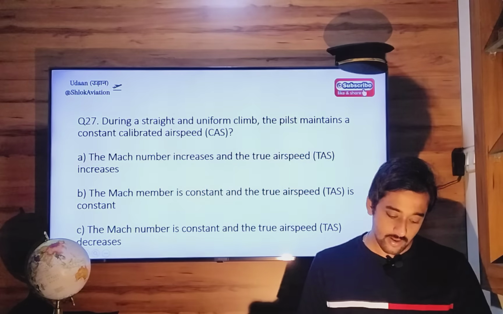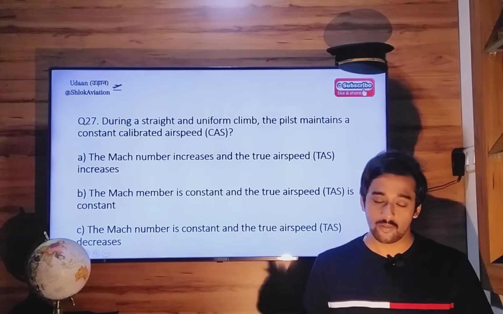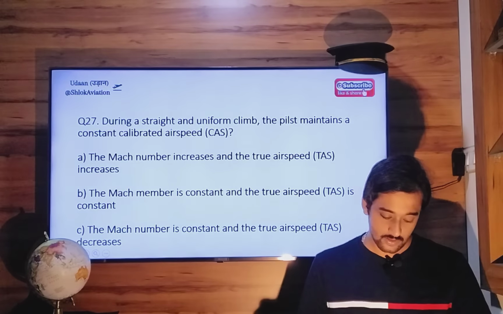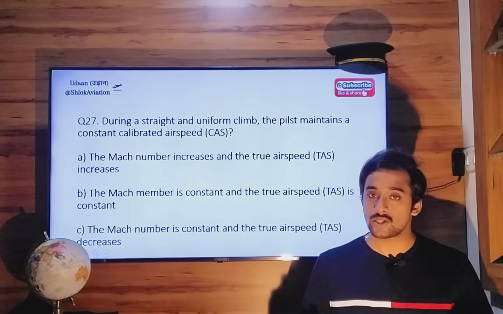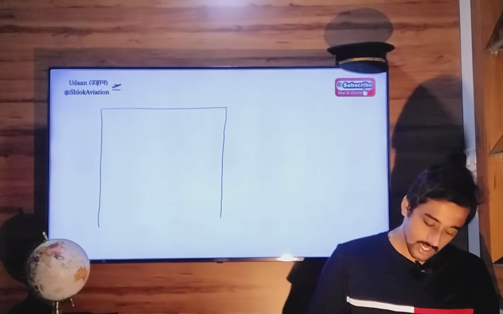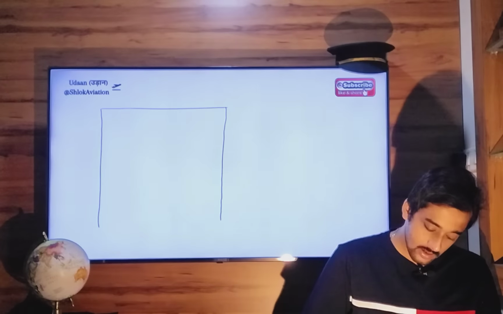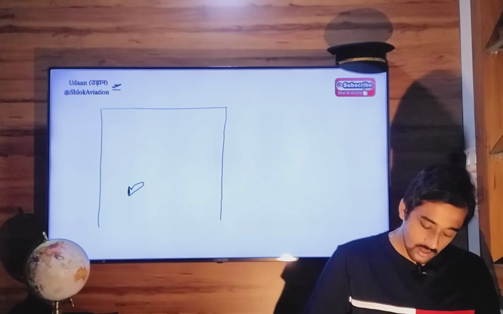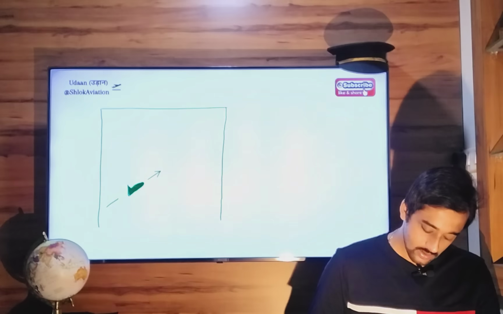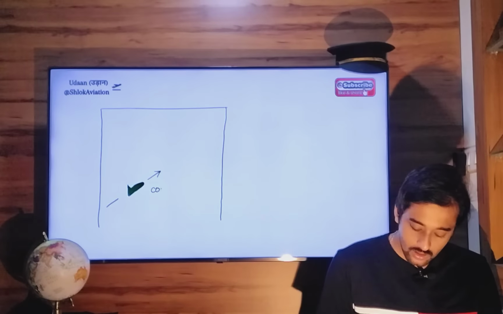Next, question 27. During a straight and uniform climb, the pilot maintains a constant calibrated airspeed. So what will happen to Mach number and true airspeed? I have answered this question multiple times. Let's say you are flying in a particular air mass. Okay, let's say this is that air mass, and you are climbing to higher altitudes at constant